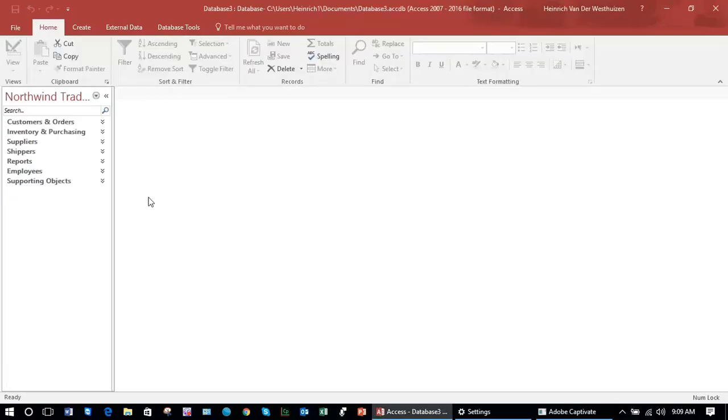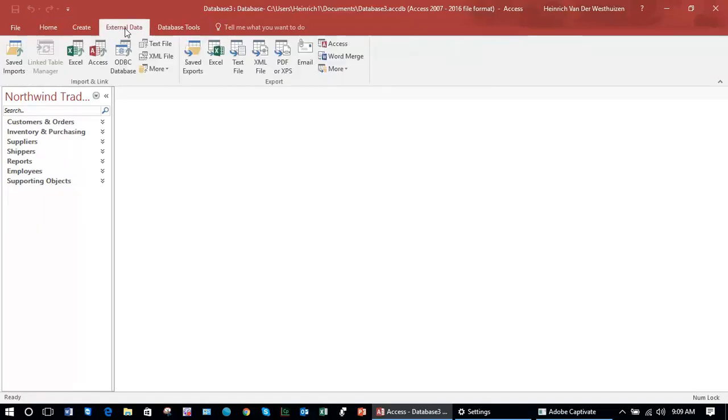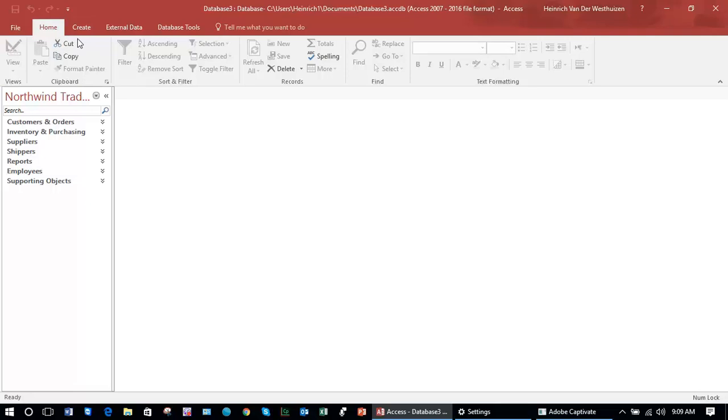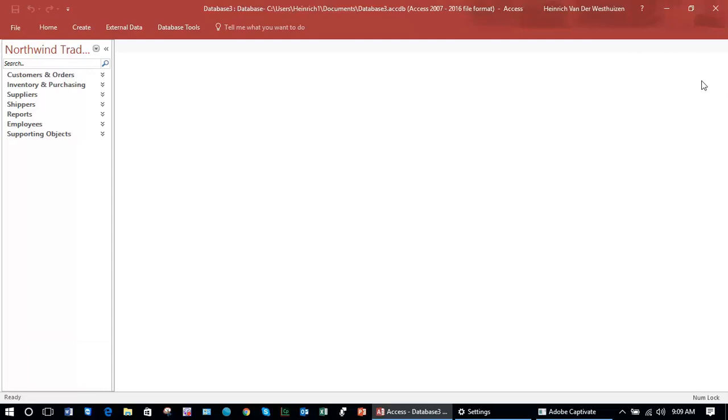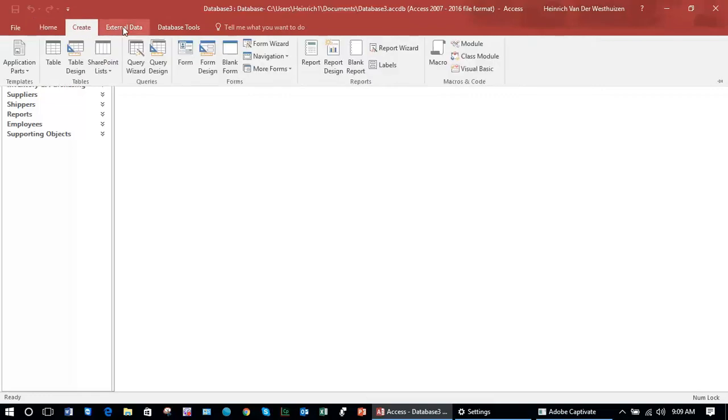The next component is the ribbon, and the ribbon has various ribbon tabs which we use to navigate between the main areas of the database, starting with Home. On the Home ribbon we find various commands that we typically use when we create and navigate within an Access database. The ribbon bar has a collapse ribbon button on the right hand side, which collapses the ribbon, and if we want to open the ribbon again, we simply click on the main menu item,